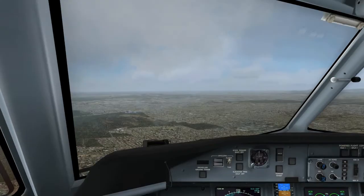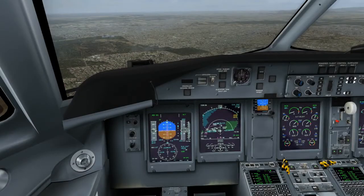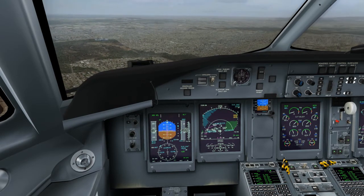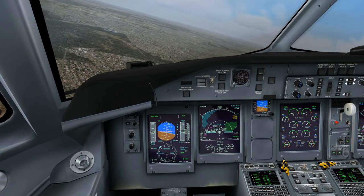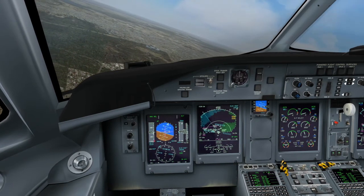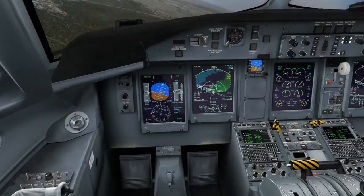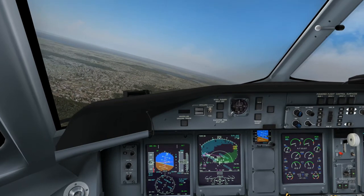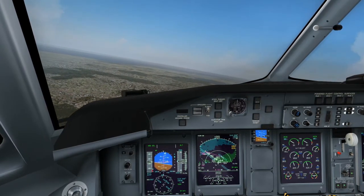Killing 327 Delta, turn left, heading 060. From that heading, cleared visual approach runway 01, and 2,500 until on the PAPI. Turning right heading 060, cleared visual approach, and maintaining 2,500 until on the PAPI. 2,500, 327. Flaps 5. Let's go full